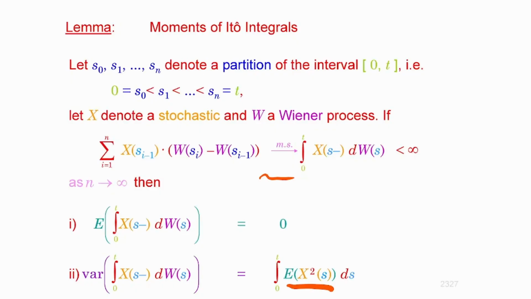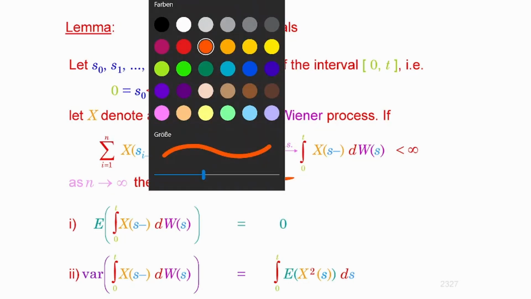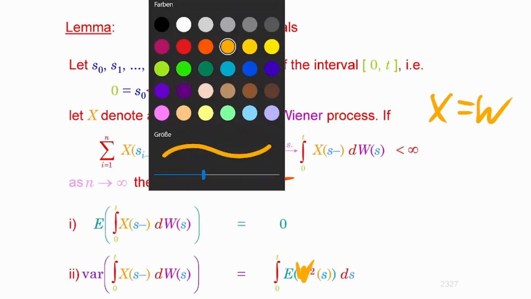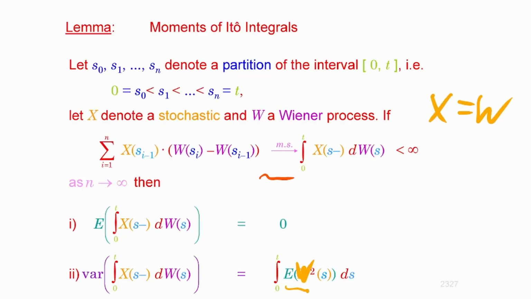And that creates the possibility for the variance of the Itô integral of the generalized version to be finite. Now for the Wiener process, if the integrand is equal to a Wiener process itself, you would need the expectation of the square of the Wiener process, which is the variance of the Wiener process, and that is finite. So that works, since that would be equal to t after all. So in this case, that would be equal to t.